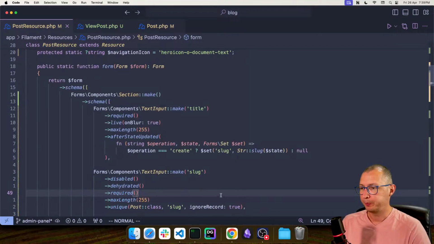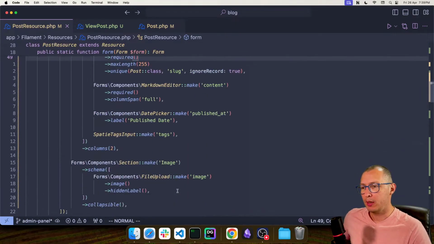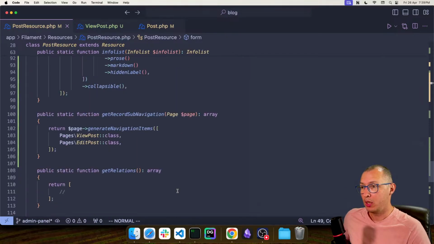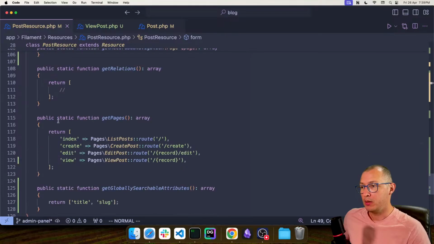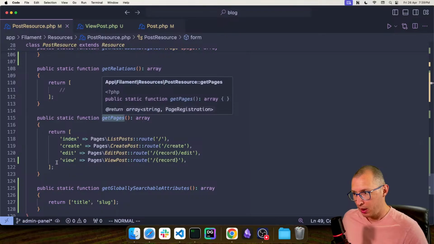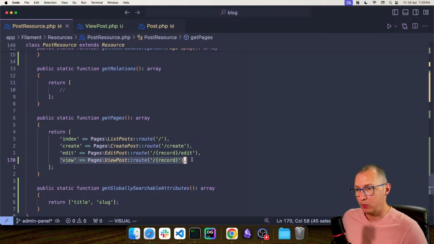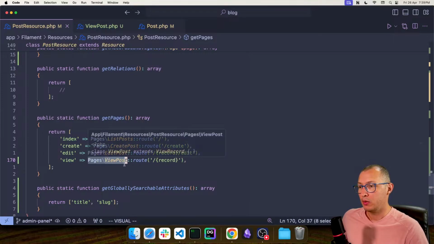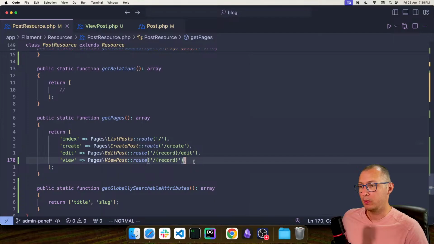And then once you do that, it tells you that you have to register that page in the get pages. So you have to go to the get pages of your resource and then register the route for that page in your resource. In this case, it was a view. So just pass that and get the URL. Once you register that page,